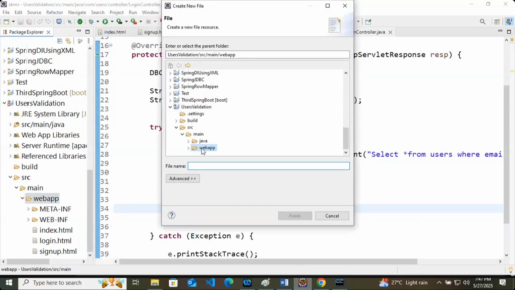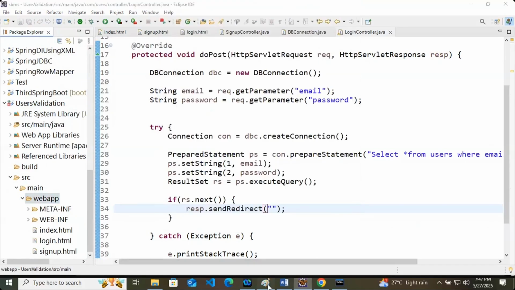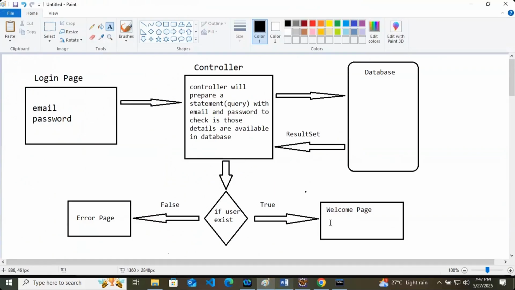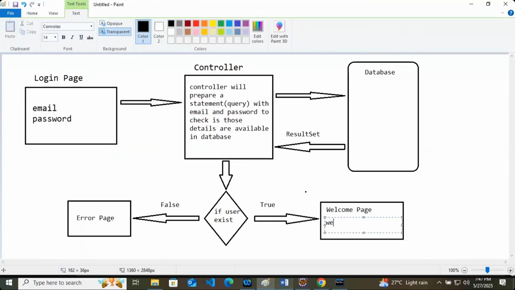We can create a normal file, but let me mention here, the file will be something like welcome.html. But there is a simple problem. If I am saying welcome.html, you can only show static content. Let's say if Shankar is doing login, I should say welcome Shankar.